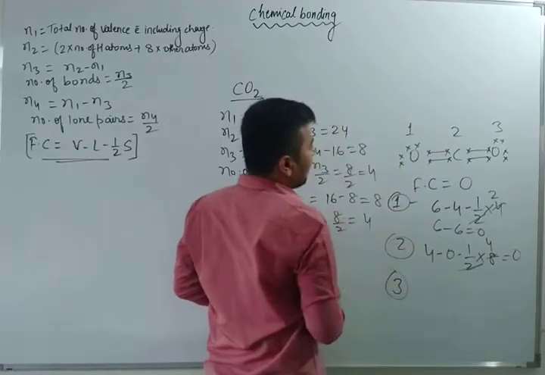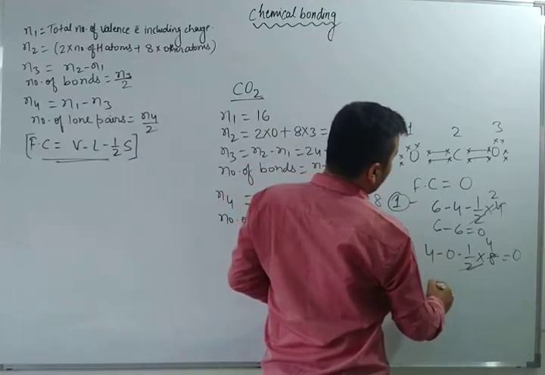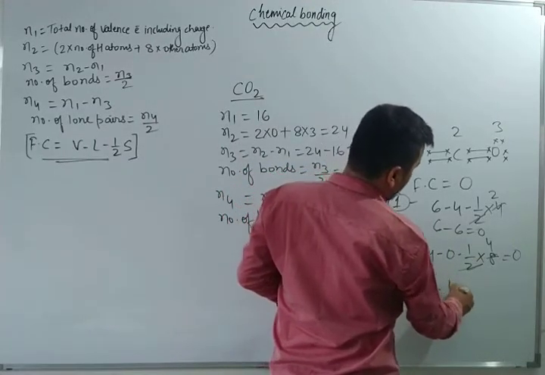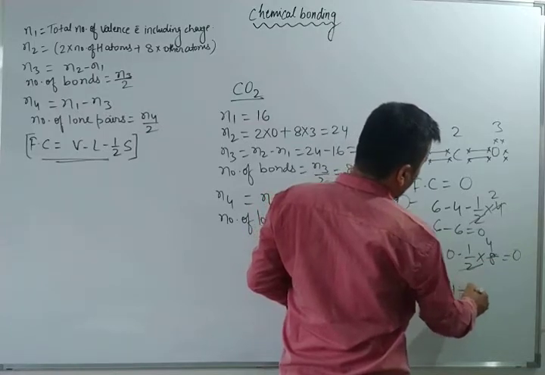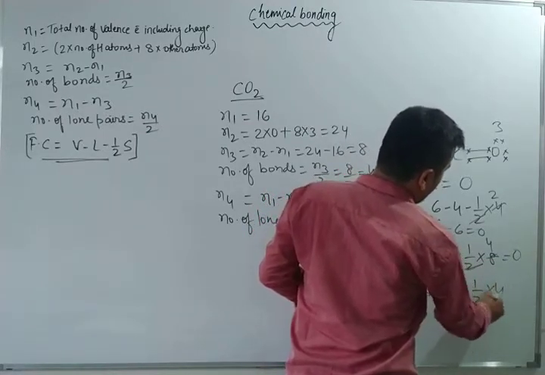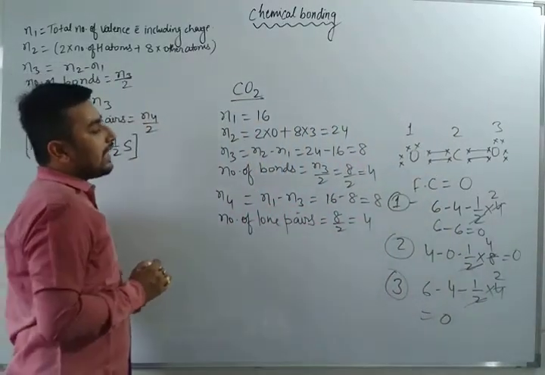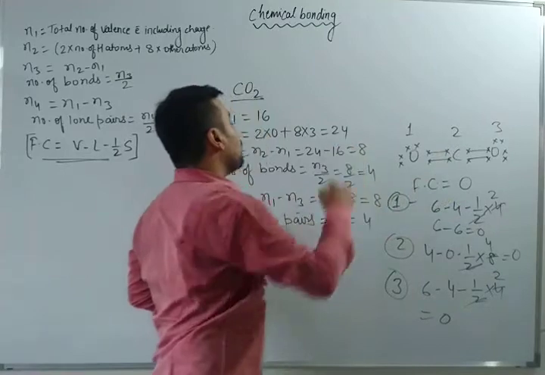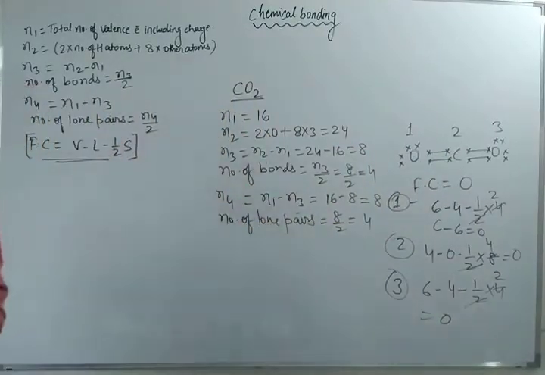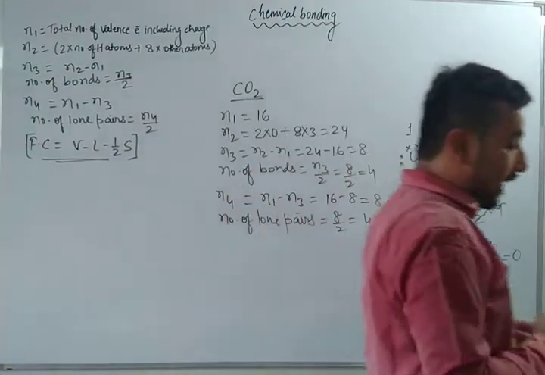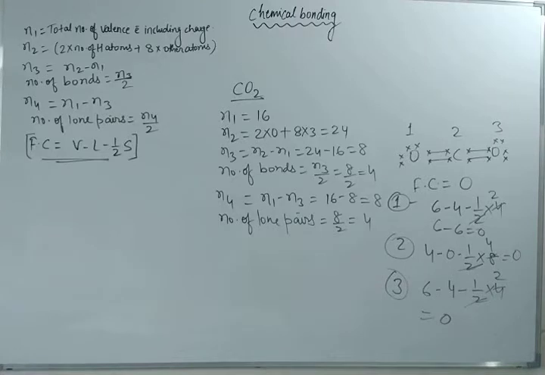Talk about the third oxygen atom. Similarly, valence electrons 6, lone pair electrons 4, shared pair 4, 1 by 2 into 4, so that is equal to 0. I have told you all the atoms' formal charge will be 0. So by this way you can draw the diagrams. If you still want to practice one more, then let's go ahead for carbon monoxide. Have all of you copied this? It's very easy. If you want to draw the diagram of any molecule, you can use this formula.